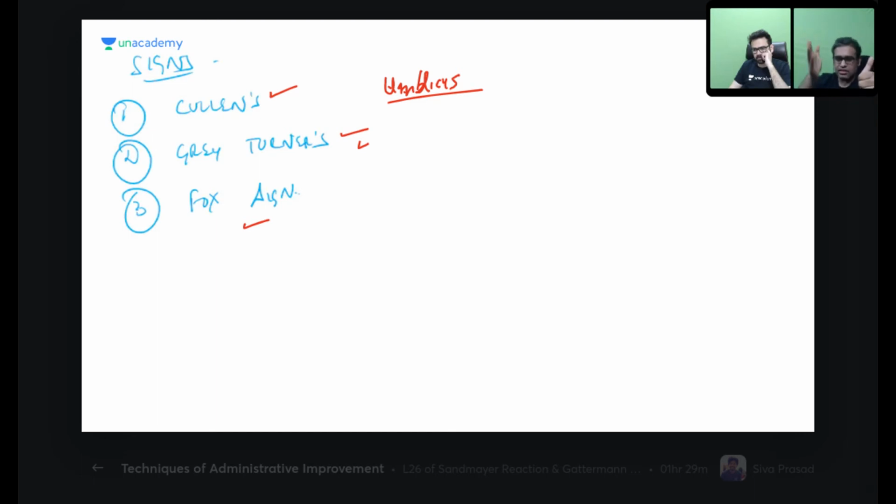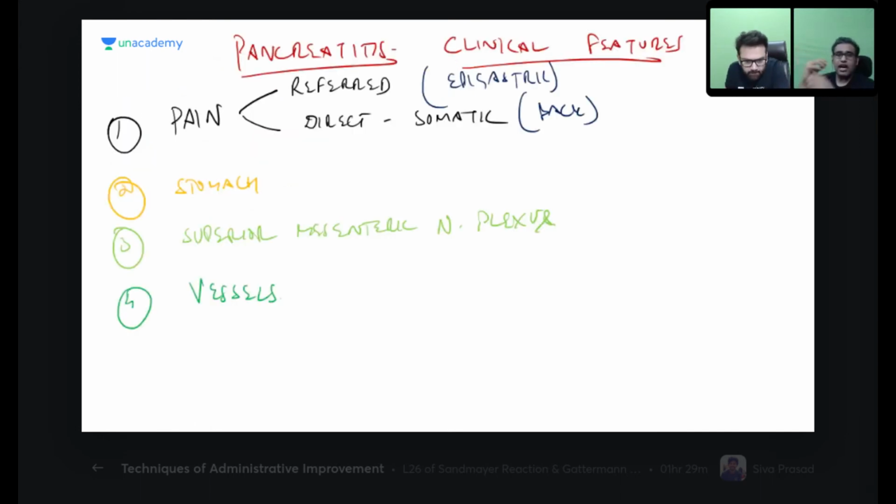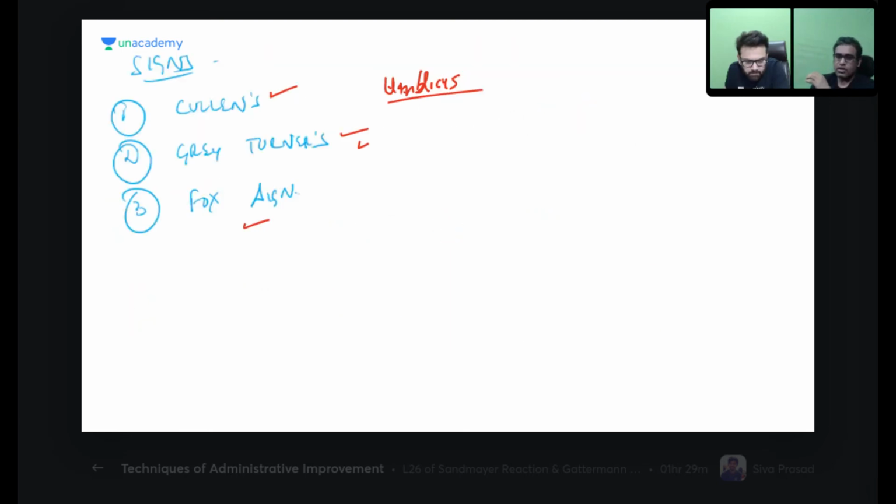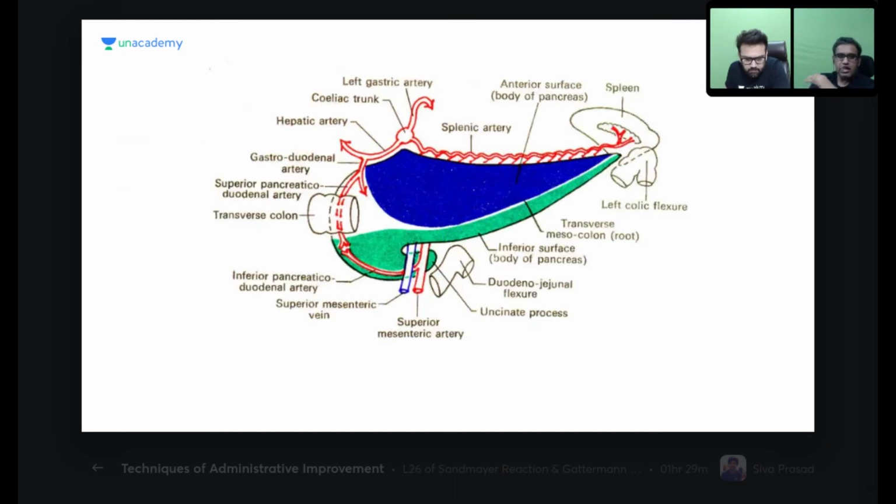Anterior wall of femoral sheath is fascia transversalis and posterior wall is not fascia iliaca. How? The walls are merging inferiorly and their continuation into the lower limb is that small sheath, that is the femoral sheath. So try to have this little bit of concept and things would be clear. Abdomen is all about understanding, anatomy is all about understanding the relations, how they are actually related. Okay, so pancreatitis and all its clinical features we can very well easily understand by this particular anatomy.